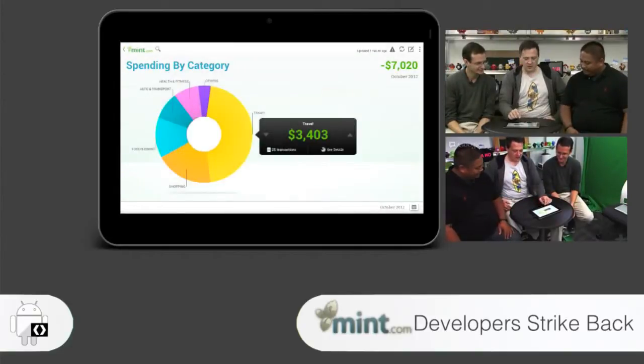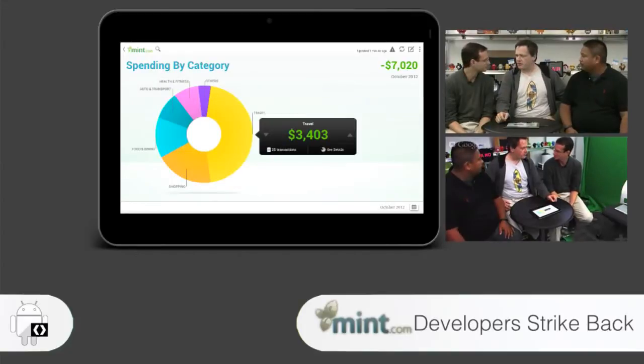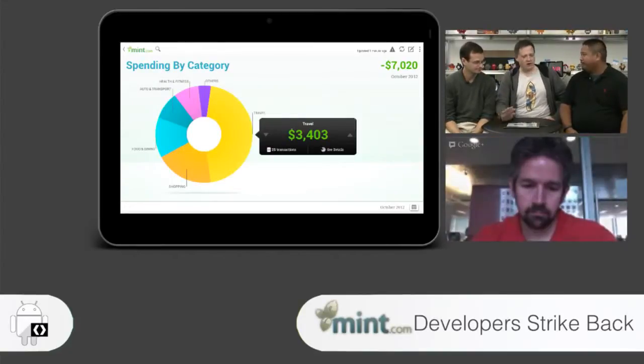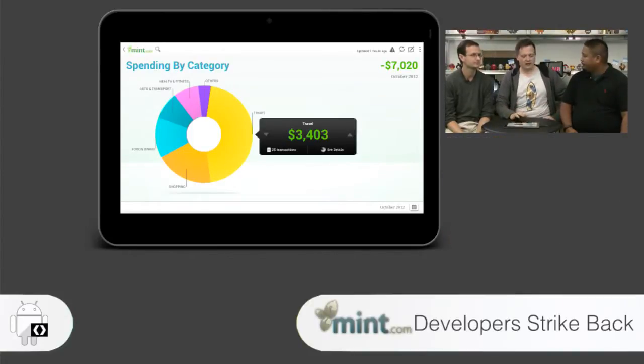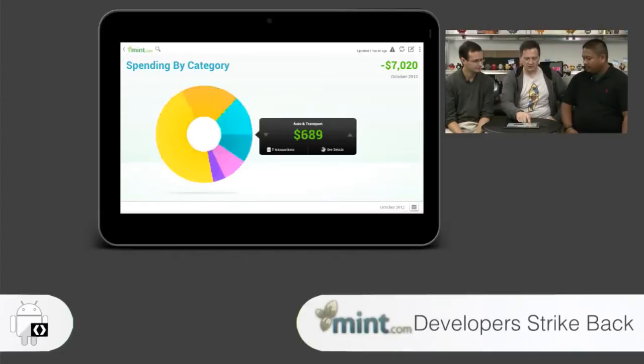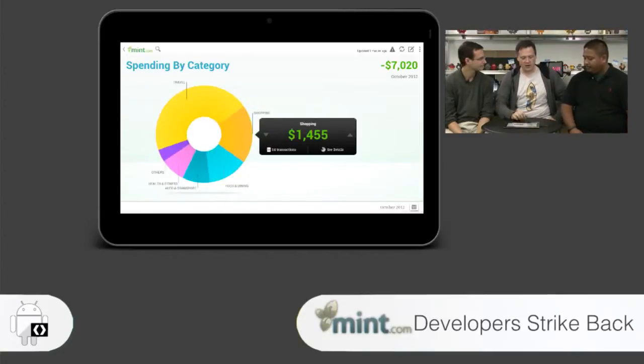Well, I remember that you guys came in to show us this when I think it was actually pre-Honeycomb launch. Yeah. And we were having some problems because of course that was a new GPU for everybody, and there were some issues. We couldn't get it hardware accelerated on the normal canvas, and it wasn't working quite fast enough. It wasn't buttery smooth, and you guys really wanted it to be super smooth. And so I think we ended up recommending that you draw it on its own hardware layer.